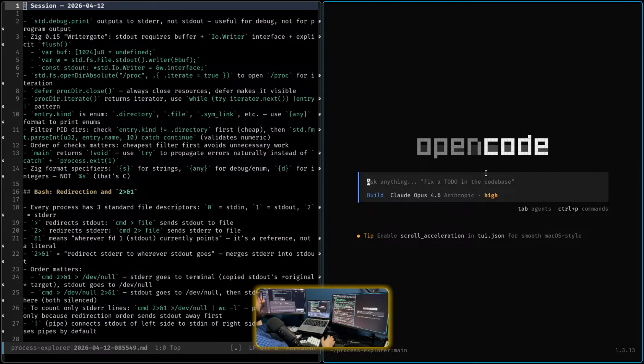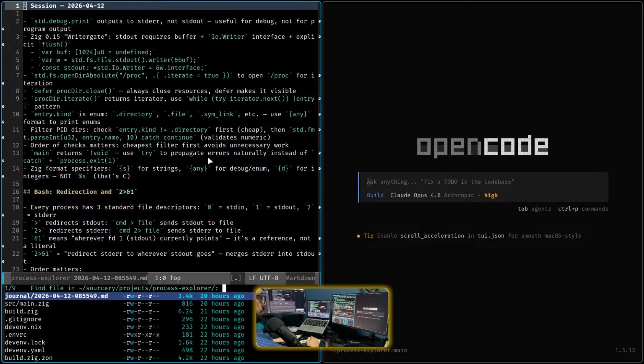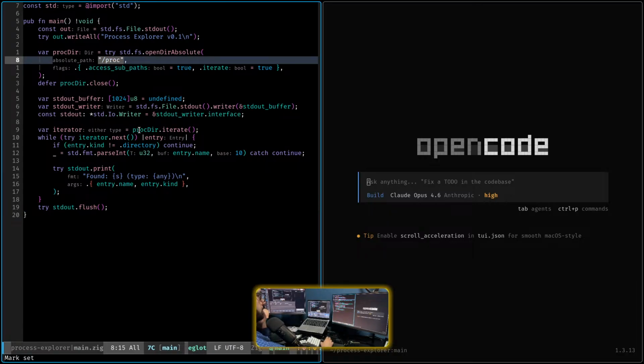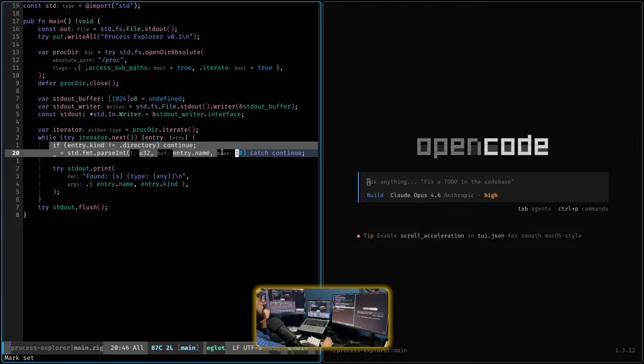So yesterday I had some progress. This is basically the notes that Claude generated for me based on the progress and the things I needed help with from Claude, to reinforce them for myself. This is the current state of the code. So far, we are just listing the content of the proc directory, and then filtering anything that is numeric and is a directory, assuming they are process IDs, and there is nothing